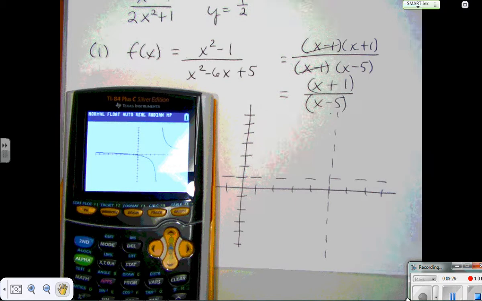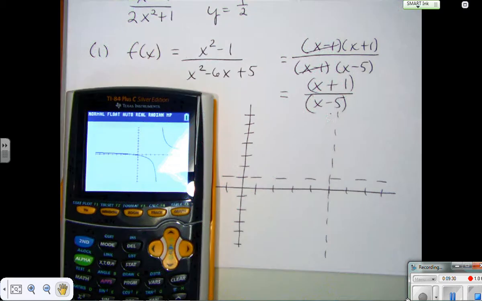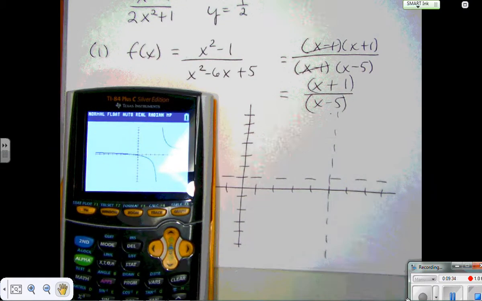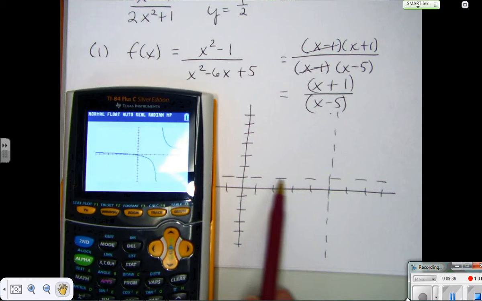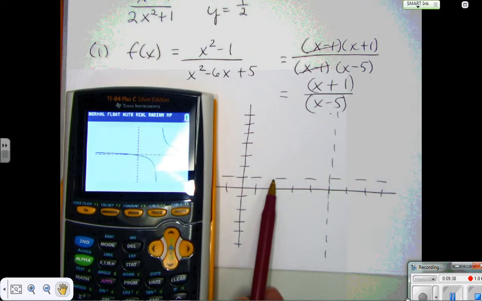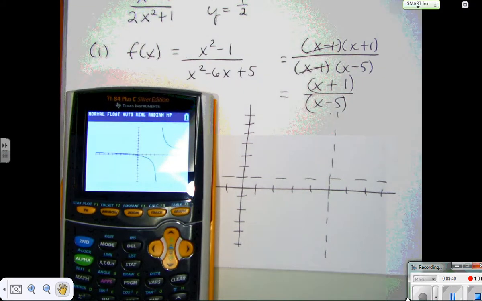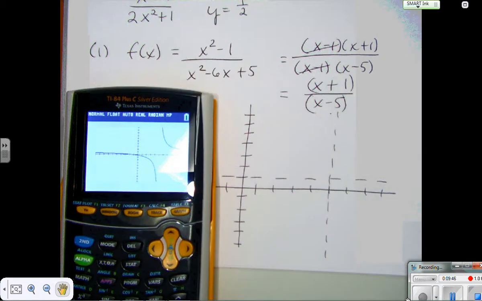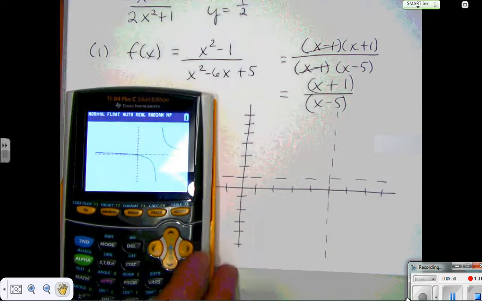Okay, so my calculator doesn't show you the asymptote as a dotted vertical line. That's why you guys need to know where it is. It also doesn't show you that horizontal asymptote. Some of you guys might have that on your calculator, but not everybody. So anyway, I'm going to use this to help me graph my equation. One other thing I want to show you before we start to sketch it though,